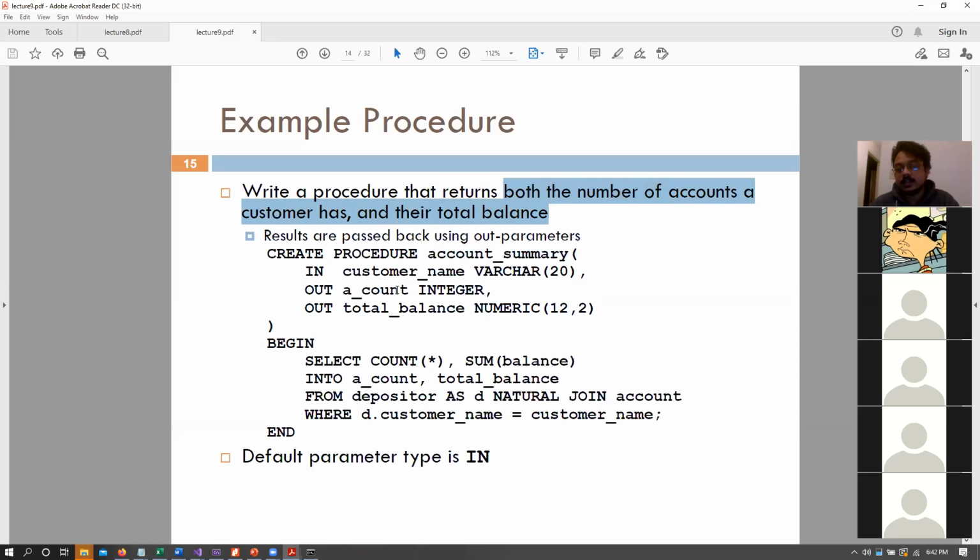So essentially the procedure has a concept where in your parameter list, you can specify the variables that you want to use for user input, and you can specify variables that you would like to provide answers into. So in this scenario, we are specifying that customer name is a parameter that the user will provide data for, right? Out would be variables where the procedure would compute results and update these variables, so that while calling this particular procedure, I would then have access to these values once the call is done.